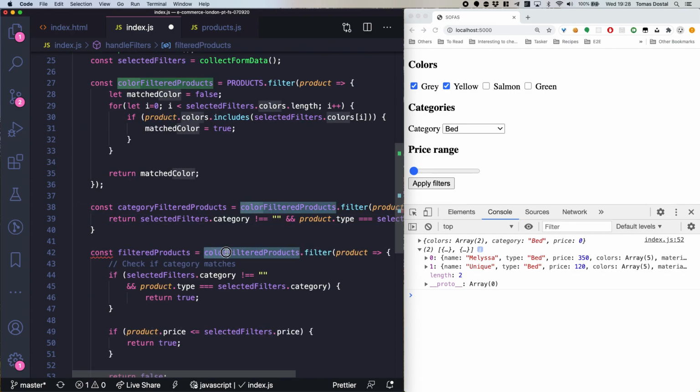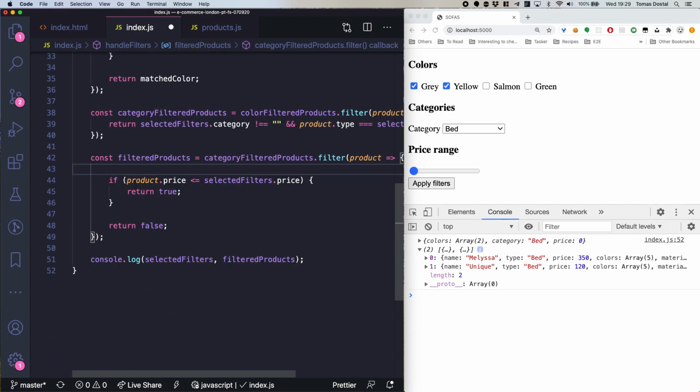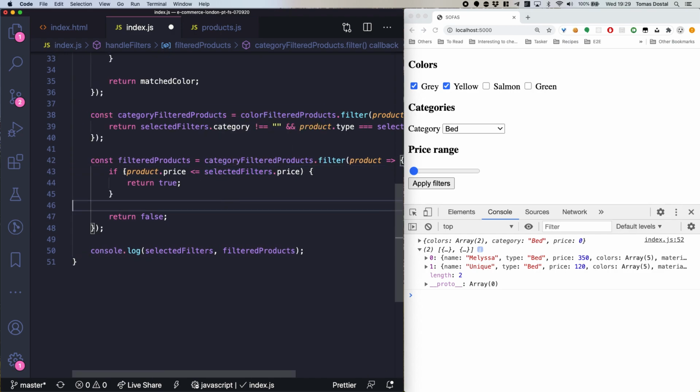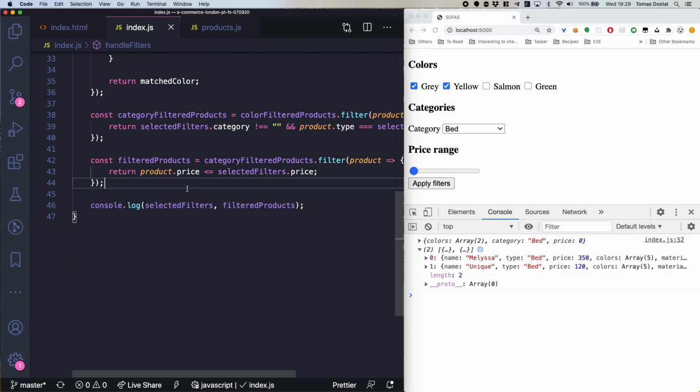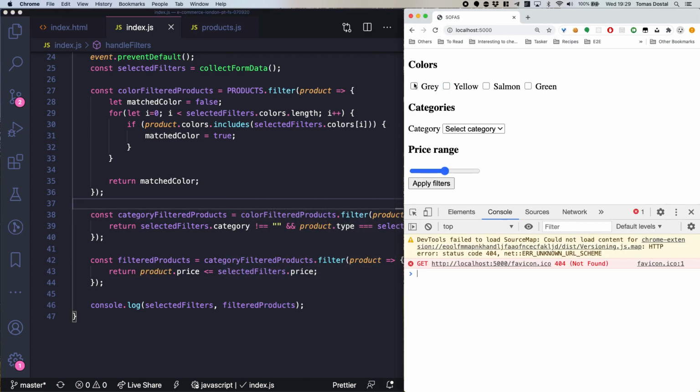So now if I change this to category, I'm missing again this one, right? And remove this one. So the last one is the price, and you can just return in here as well. And it will filter them out. Right, so now at the end we actually got to it. So we did the more complex filter where it depends on each other. So if I say I want everything gray, any price,